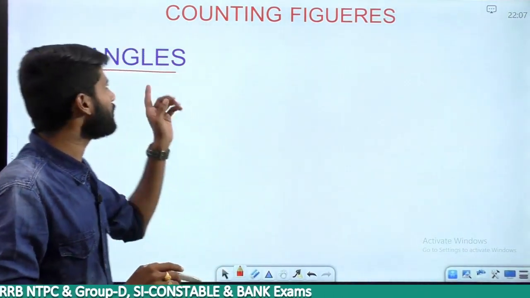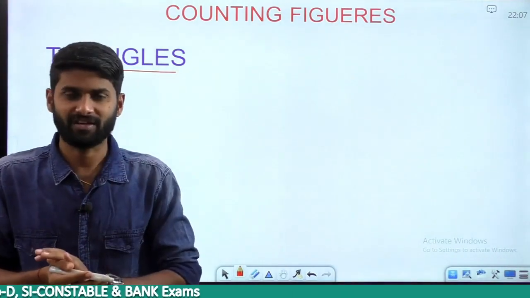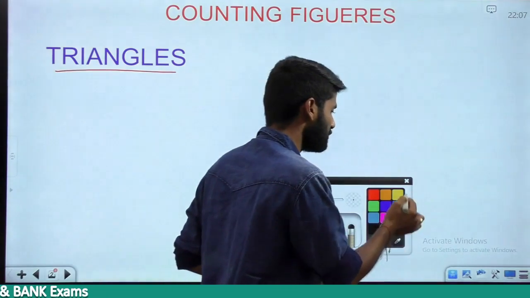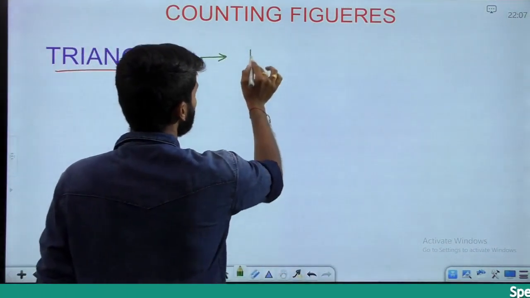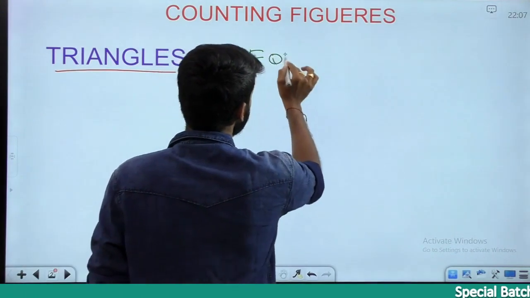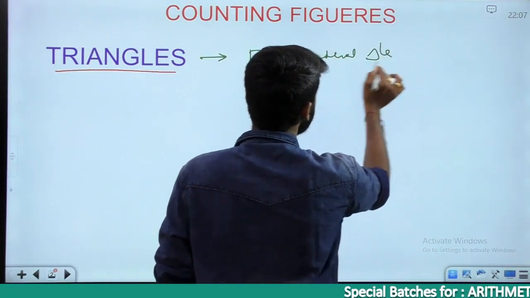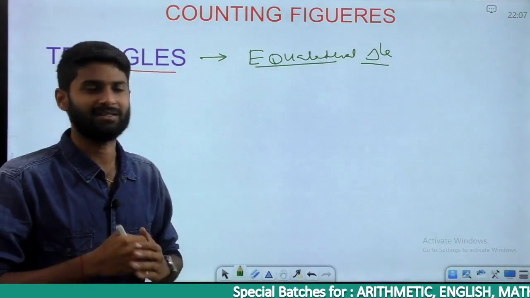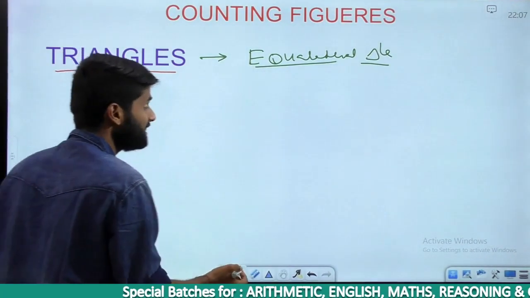Before counting in any triangle question, first of all identify the figure. ఐడెంటిఫై చేస్తే నీ క్వశ్చన్ ఇంకొంచెం ఈజీగా అవుతుంది కౌంటింగ్. సో ద ఫస్ట్ ఐడెంటిఫికేషన్, ఇఫ్ ఎనీ క్వశ్చన్ రిలేటెడ్ ఫర్ ఈక్విలేటరల్ ట్రయాంగిల్, clear? If any question is related to an equilateral triangle, our counting is very easy. So how are we counting if the question is related to an equilateral triangle?